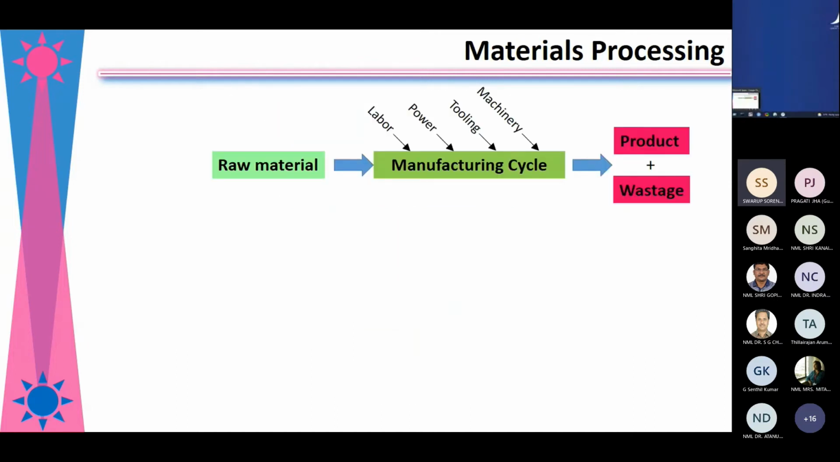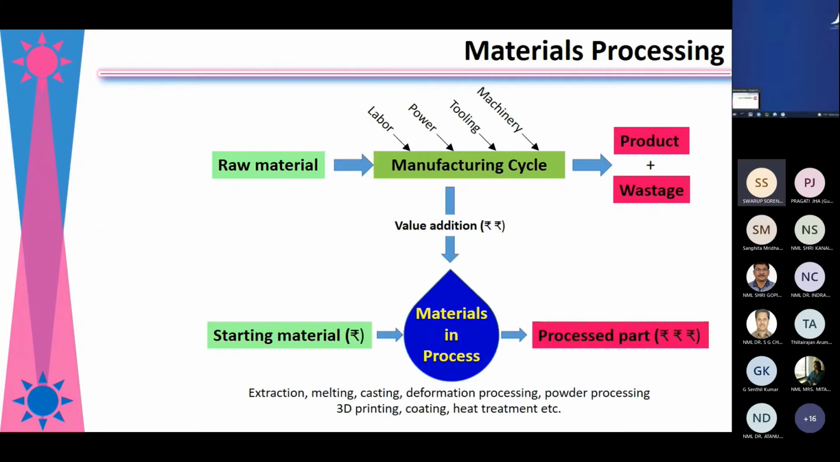So we have a raw material, then the material has to go through a manufacturing cycle where we put the input, given as machines, tools, power, and labor. And in this manufacturing cycle, we get the product as well as some form of wastage. And what we do in this process, we add value to the material, and the process adds value to the